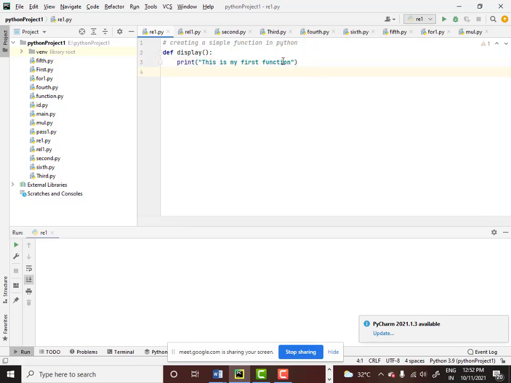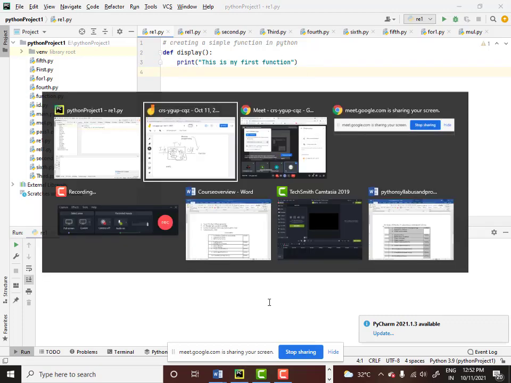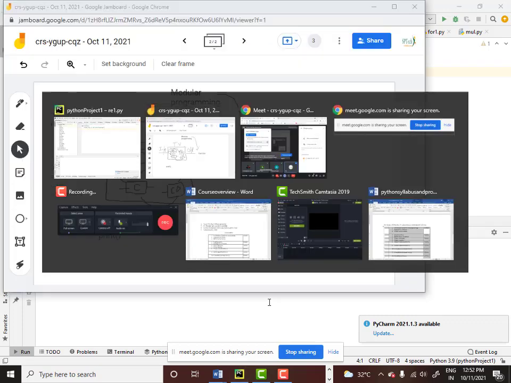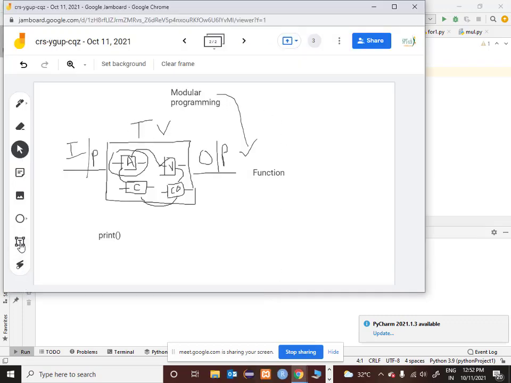So what have you basically done? If you really look into the aspect, you have created one small subsystem. This subsystem is called display. What is this display subsystem doing? It is printing some output.